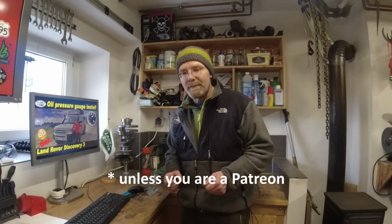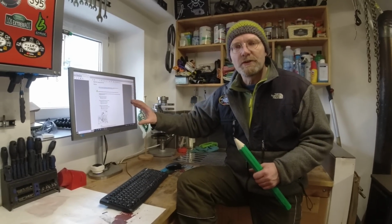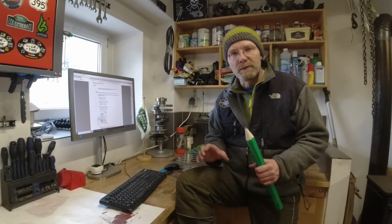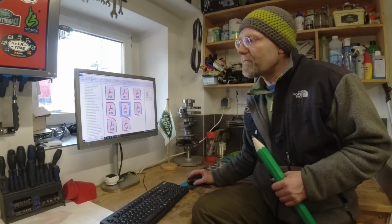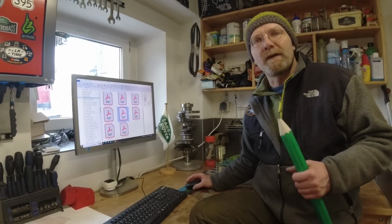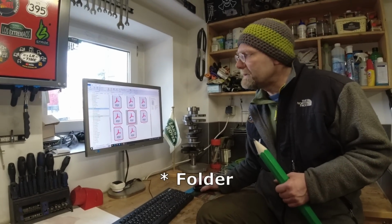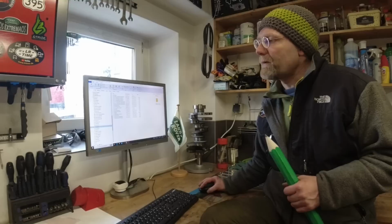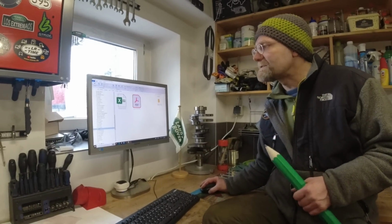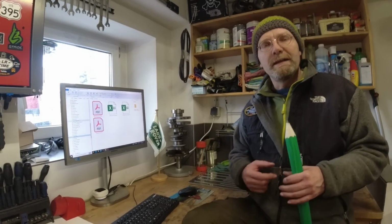Yes, and you guys have to download this LR3 workshop manual yourself. Every one of you should have a location on his or her computer where you store all the files you find on the internet. I keep everything I'm getting and finding during my repairs. So I got a structure here for the Discovery 3, the Discovery 4, gap diagnostics, 2-post lift, for Fabian's Discovery, for Rainer's, for Joachim's. I got one for the Mercedes, for the Challenger, for the Freelander, any vehicle I had,